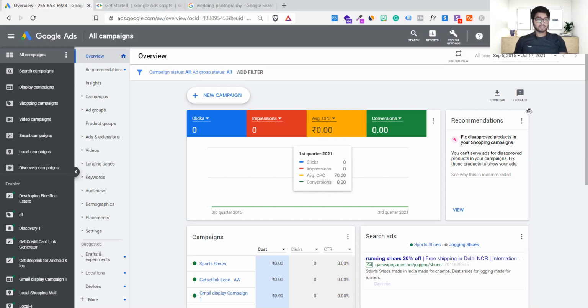So you have to make your client understand that the market is growing and everyone has started running ads. In order to secure the position, we have to increase the bid amount. That's how we secure the position. Got it.